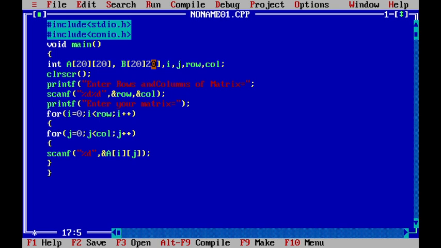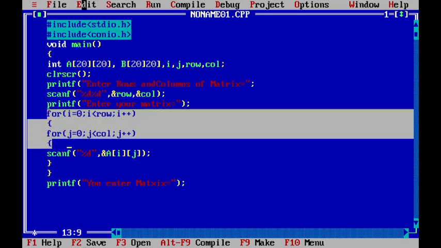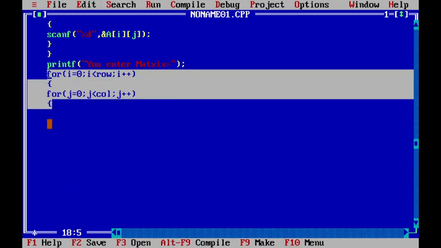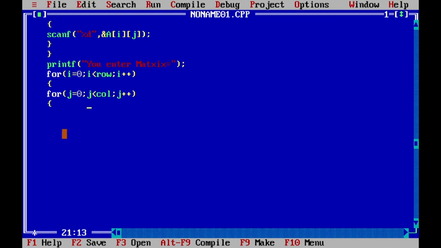Now we are going to display the given matrix. So printf, your entered matrix. Again we require the above loop. So for i equal to 0, i less than row, i plus plus.